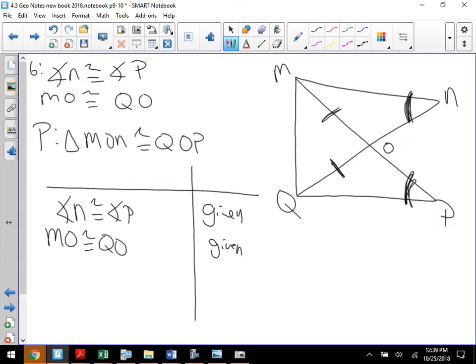Now, a lot of you guys at this point, from when I was helping people yesterday or this morning or even in the other two classes, were saying something about MQ. Oh, that's a shared side between something. It is, but it's not with anything you're trying to do. So my suggestion, when you get to a point that you're not exactly sure where to go next or what else you have to mark up,